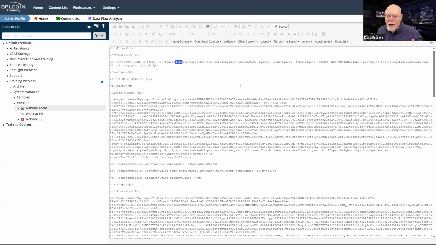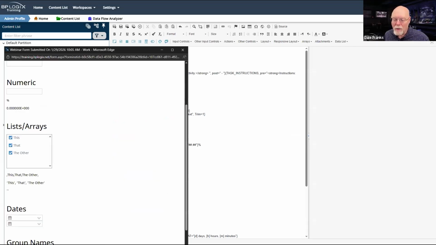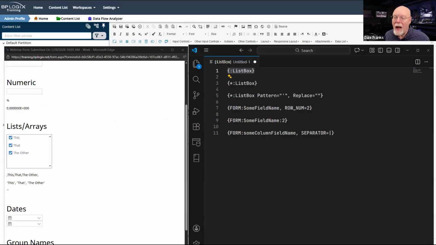That makes it safe because it is not sending the plain raw HTML back to the system. You don't want to send unencoded HTML back to your system because it can be a security risk. So generally, we don't do it.